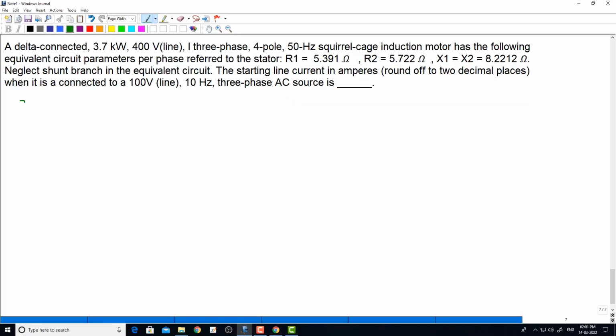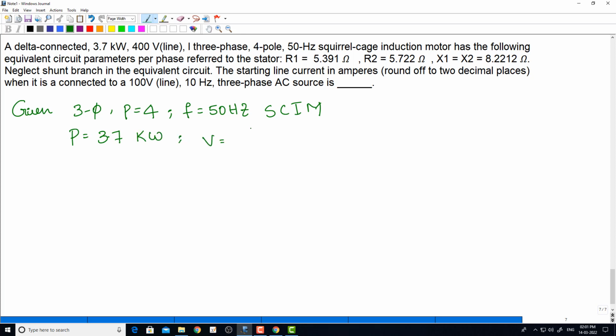So, given data: 3-phase, 4-pole, 50 Hz, squirrel cage induction motor. The rating of the motor, P, is equal to 3.7 kilowatts. The voltage is line to line, so 400 volts, and the induction motor parameters are given as